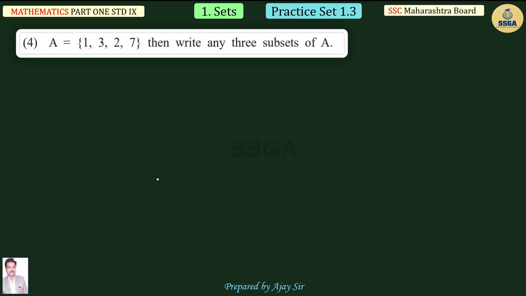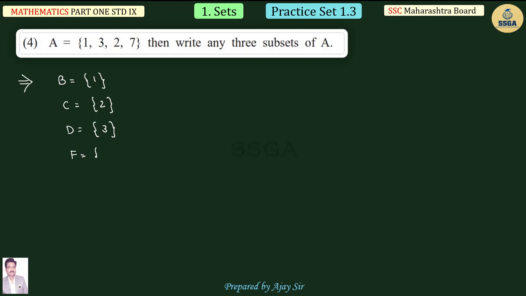Suppose 1 element also you can write, 2 elements also we can write, 3 elements. Any possible combinations we can write. So that is our subset. So here only 3 subsets are needed. Now for the names, there are following sets you can write. We can use any letter to represent a subset. Suppose we use B. So set B contains 1, suppose C contains 2, suppose D contains 3,